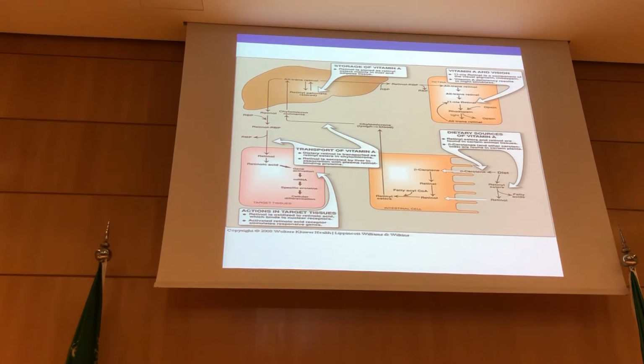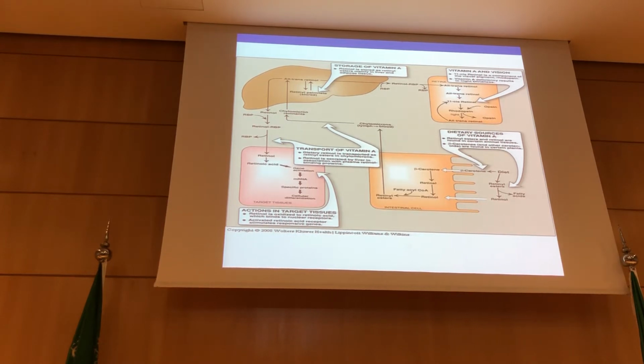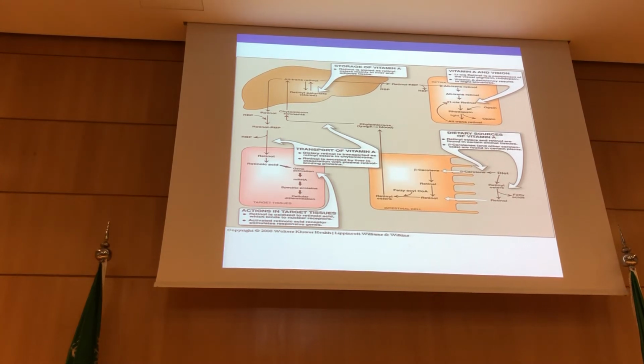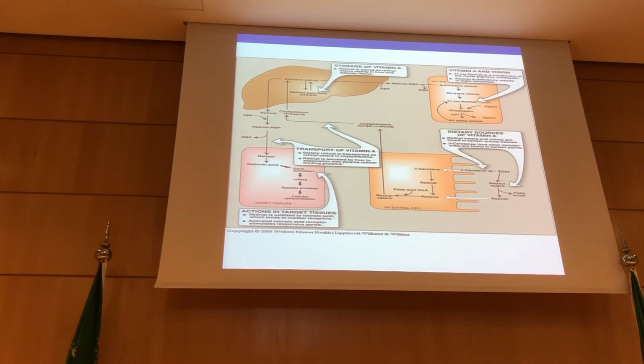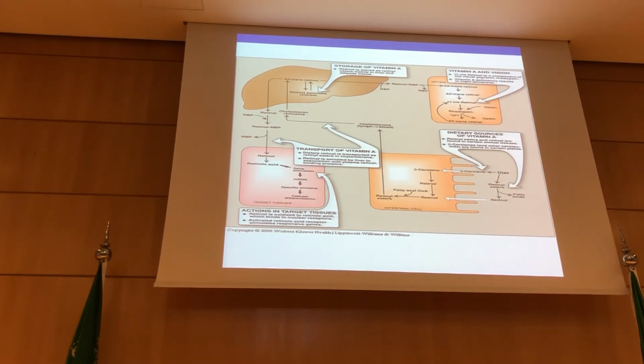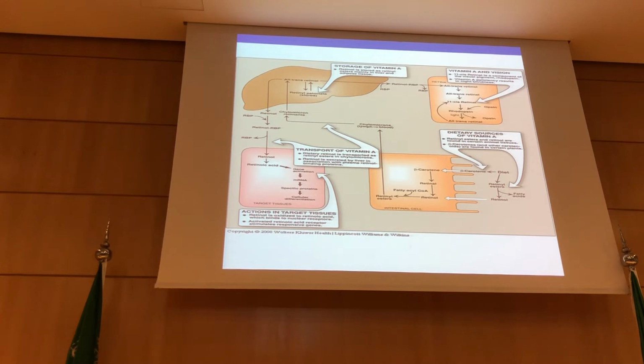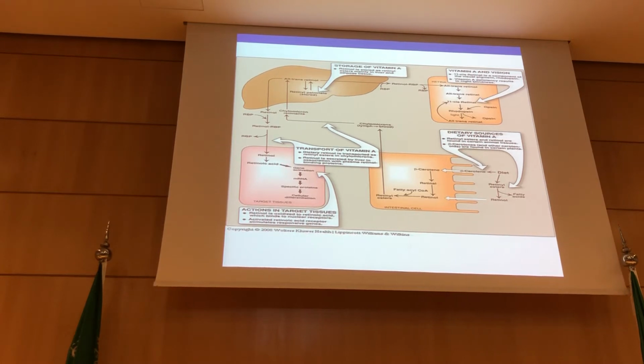When I say target tissues, it means the tissues where it plays many functions. For example, in the retina, we said that it is involved in the vision cycle. So it binds in the form of 11-cis-retinal to opsin to form rhodopsin, and this plays a role in vision. That's why deficiency in vitamin A will cause night blindness.